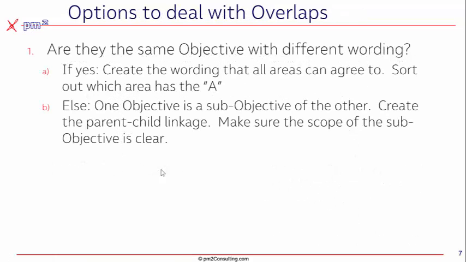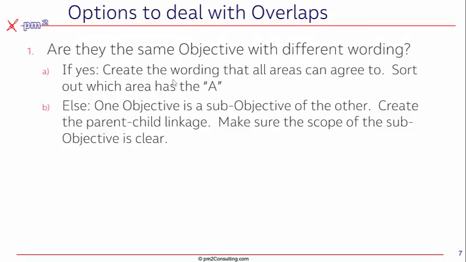So to solve overlaps, we basically ask the same question, right? Are they the same objective but with different wording? If they are, in other words, you've got the same thing, they both talk about entering this new market but use different words, we have to consolidate. We either need to consolidate them together and create a new common OKR, and then we'll probably need to resort out who is the accountable party. Remember, we can only have one person accountable. Currently, if you have two similar objectives, we may have two people who are accountable. And I'll explain to you at the end of this show how you can easily sort out who is the